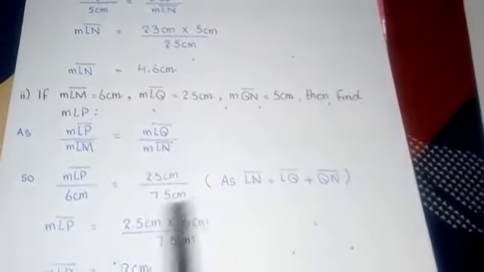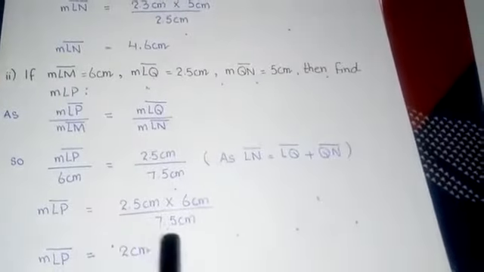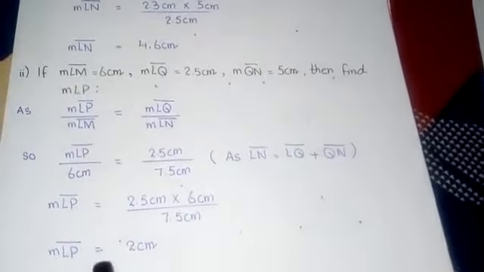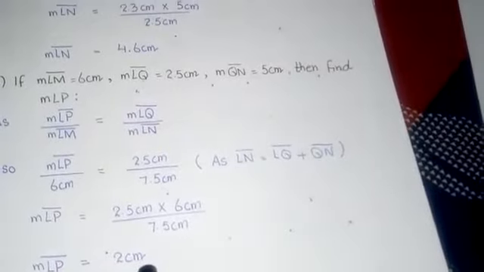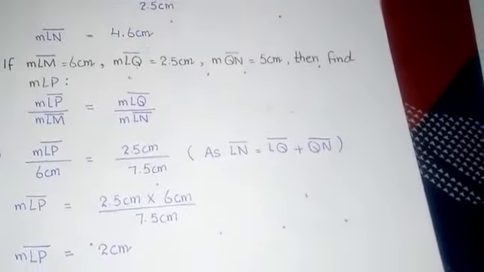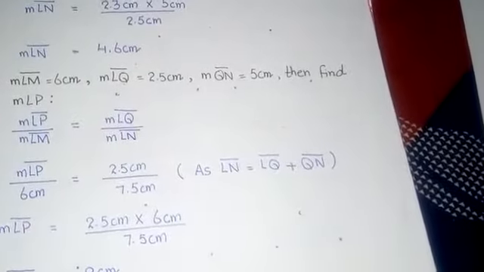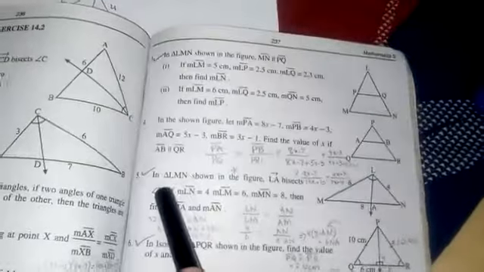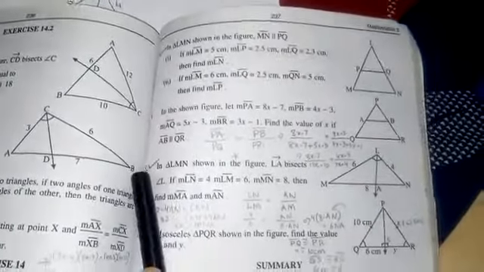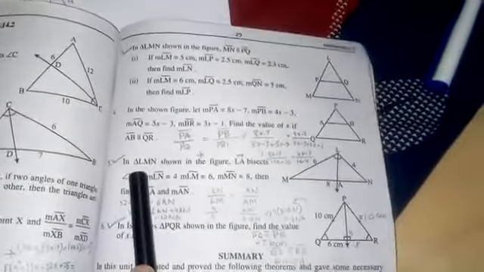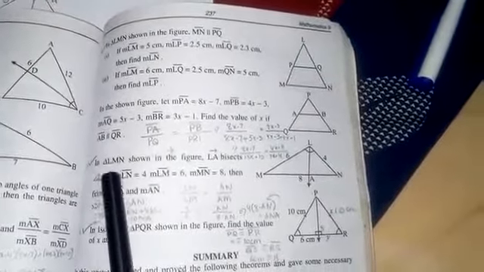Now we have all the values, again cross multiply, and with the help of the calculator the answer will be calculated as 2 centimeter. I hope these questions are clear to you. Okay students, now after question number 3 we have question number 5. So in question number 5 the statement is, in triangle LMN,